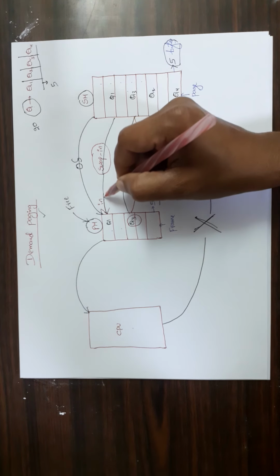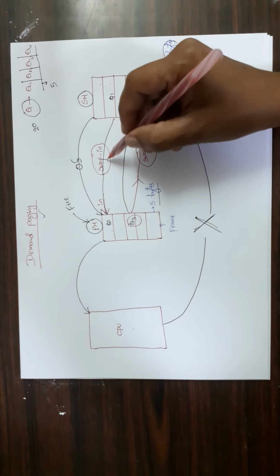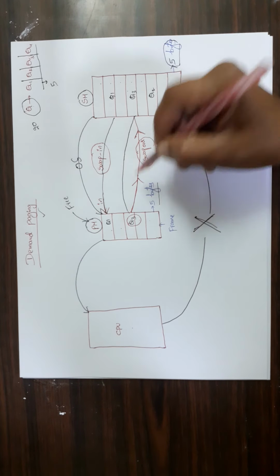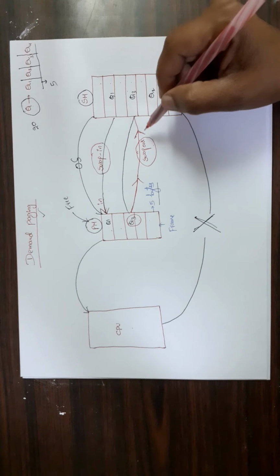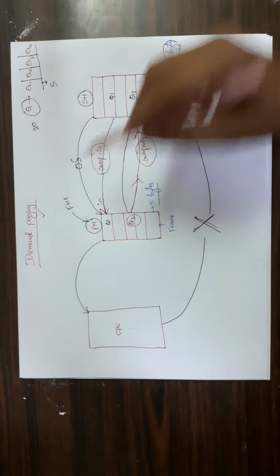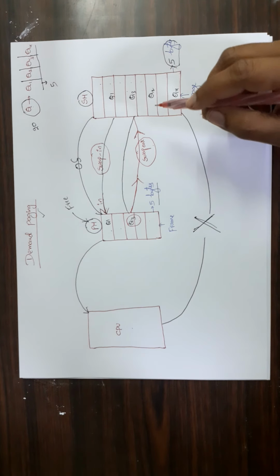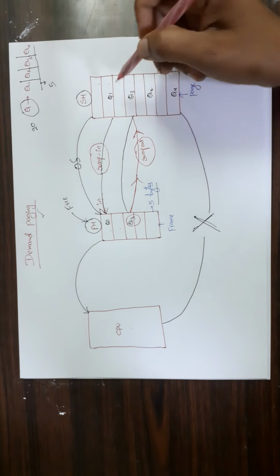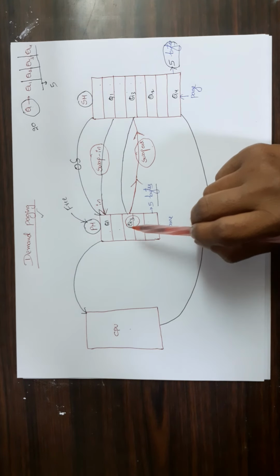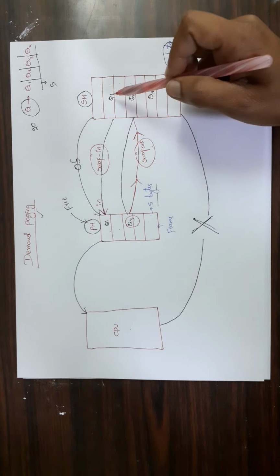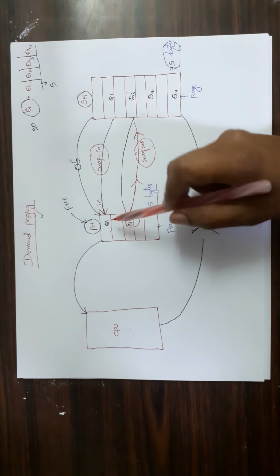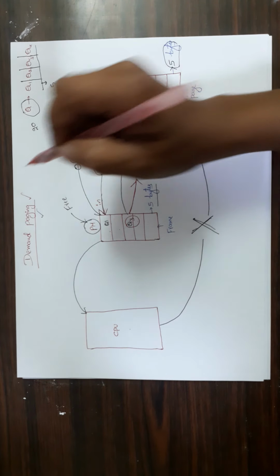If the data is entering into the primary memory, it is called the swap-in operation. If the data is entering into the secondary memory, then it is called the swap out operation. So these are the two operations in demand paging. In demand paging, whenever there is a request for a particular page, then only that page will be loaded into the primary memory. That means only on demand, pages will be loaded from secondary memory to the primary memory. So that's the reason this concept is called demand paging.